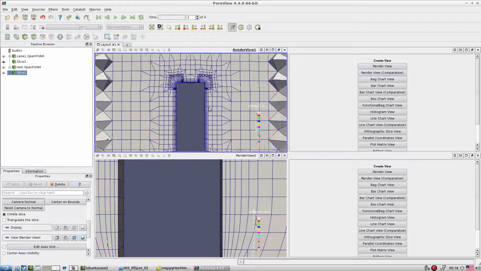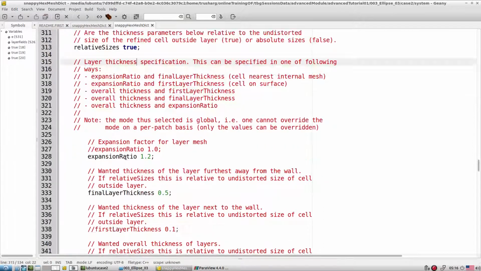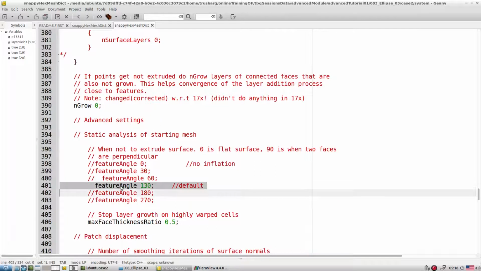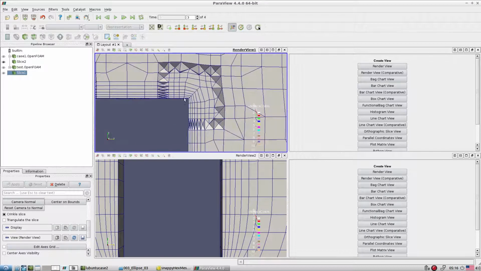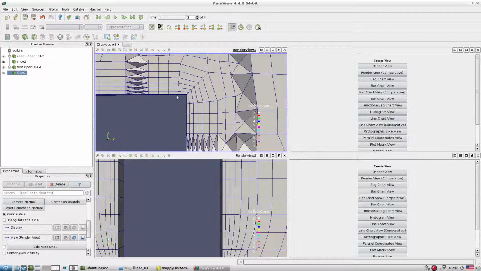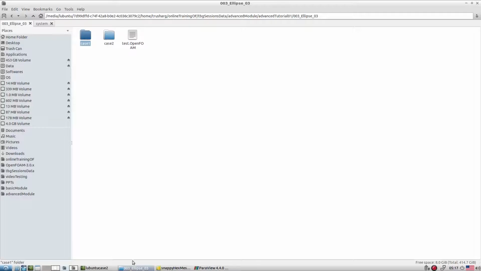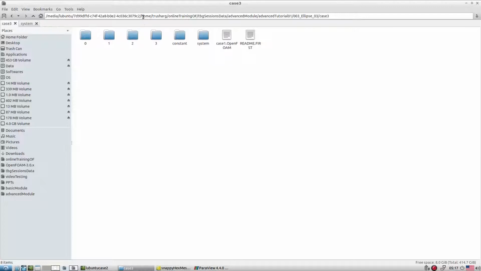Okay, now with this mesh, let's change the feature angle. What feature angle I'm talking about is this. Okay, so if you go from higher to lower side, we lose the information from this corner, that is the idea. Okay, if you want to retain the layer even near the corner, then you have to go with a higher angle resolution. Okay, so let's first do the meshing, then you will understand. So let me copy this case into the third one. Okay, and let's go to that area.